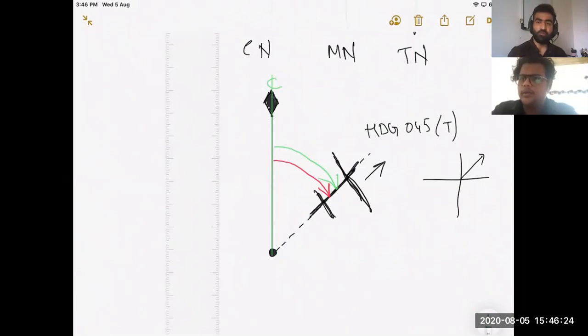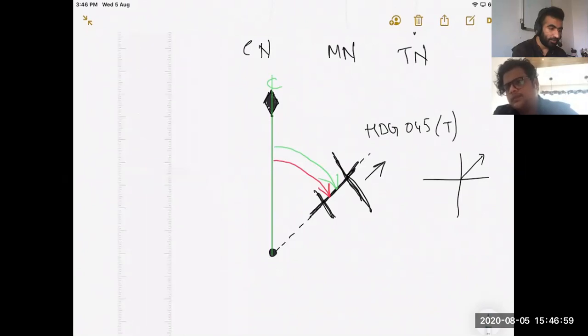You give me any other value for compass heading. 65 degrees. Compass heading 65 degrees. Very good. Now your true heading is 45, but your compass heading is 65, measured clockwise from compass north. True north cannot be changed. So what can be changed? Compass north. You already have 45-degree angle here. All you need is 20 degrees.